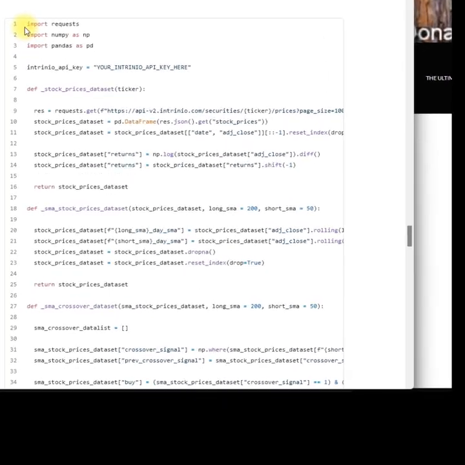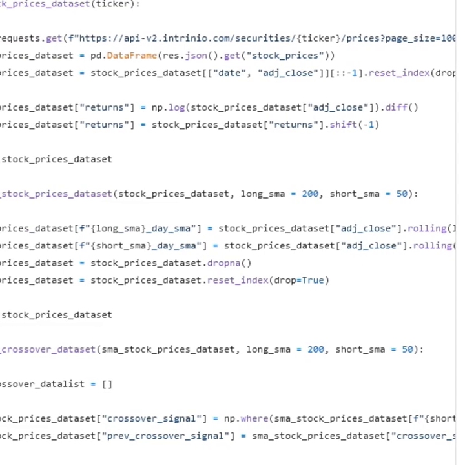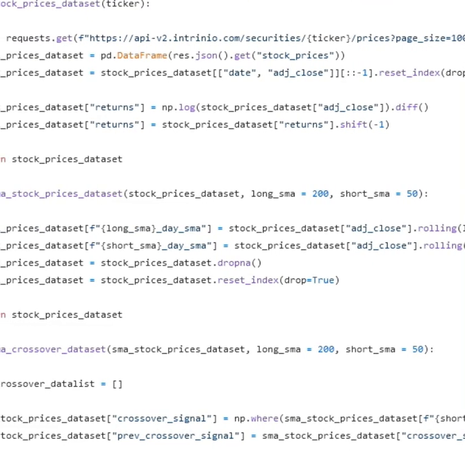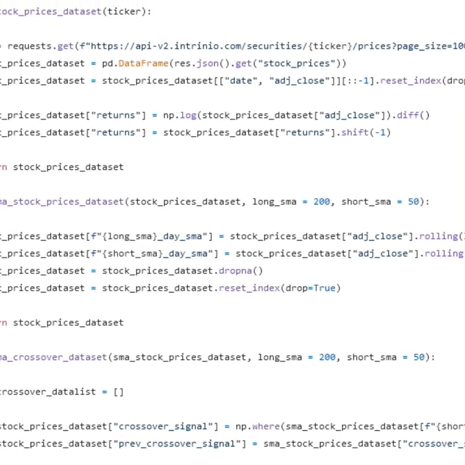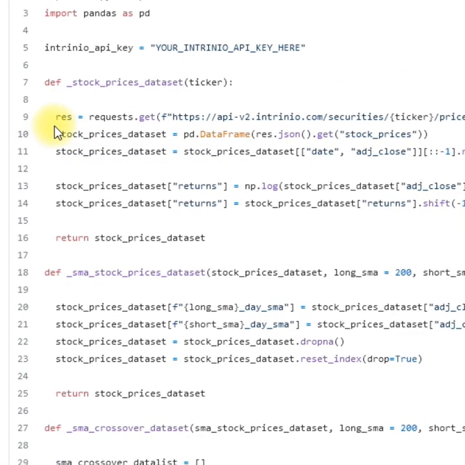At the top, you import all this stuff. You have to have an Intrinio API key, which I gather allows you to access some of the built-in libraries that come with this package. But here we go. If you want to get some data, you've got to pull it in